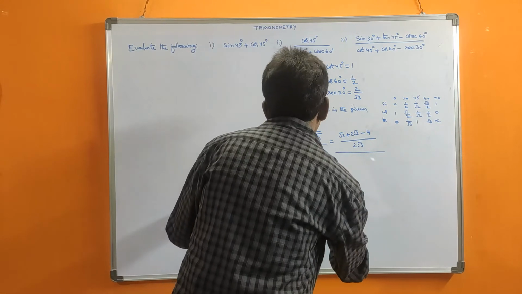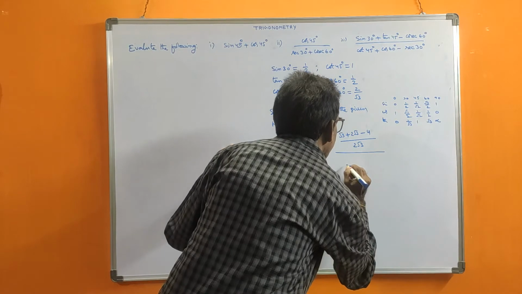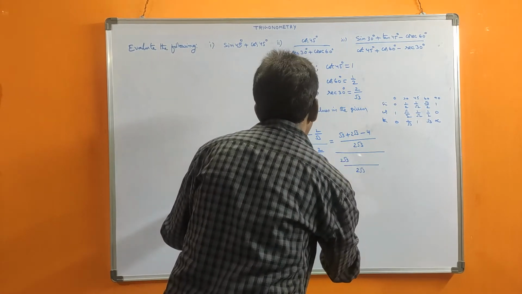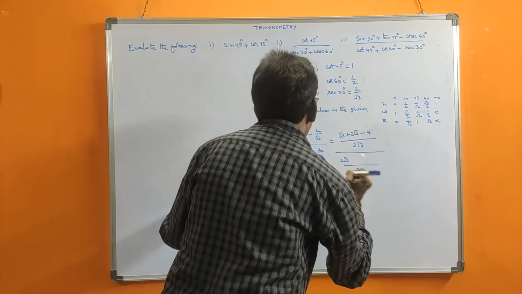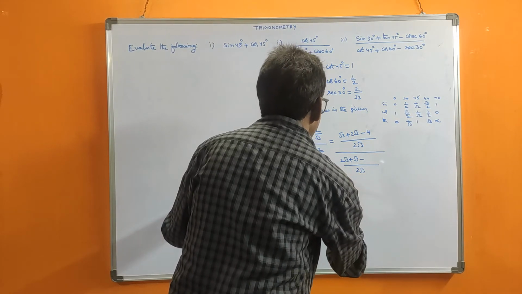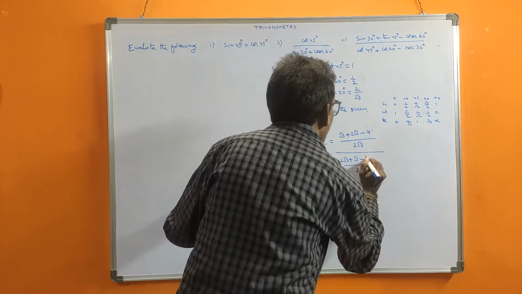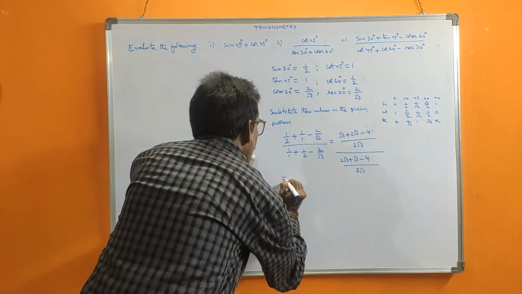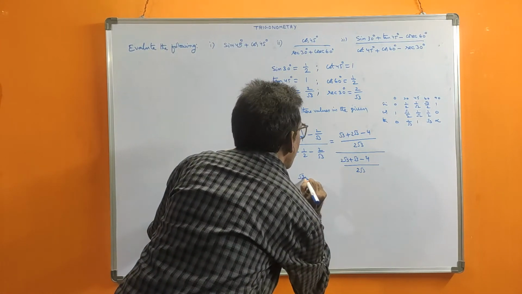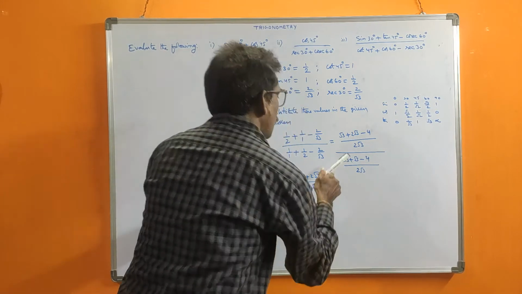Now for the denominator again, there are no common factors, so 2 root 3 is the LCM. Now 1 in this 2 root 3 into 1 is 2 root 3, 2 in this 2 cancel means root 3 times root 3 into 1 is root 3, plus. Here minus is there. Root 3 cancel. This in this 2 times will go, that means root 3 cancel. 2 2s are 4. Now, for that, root 3 plus 2 root 3 minus 4 by 2 root 3.